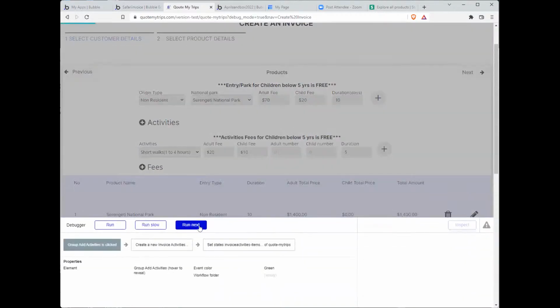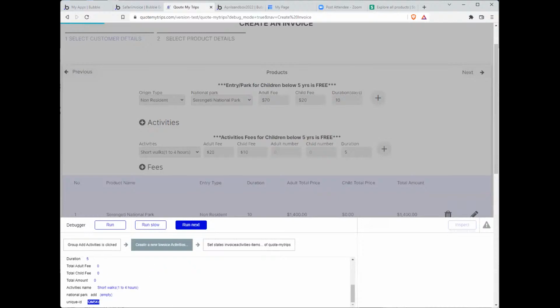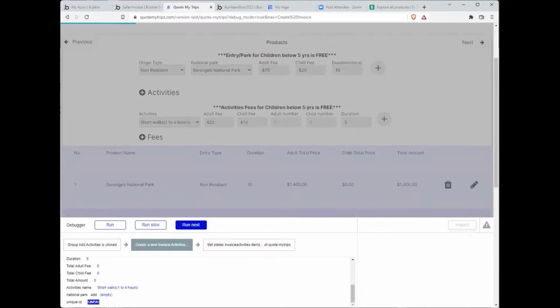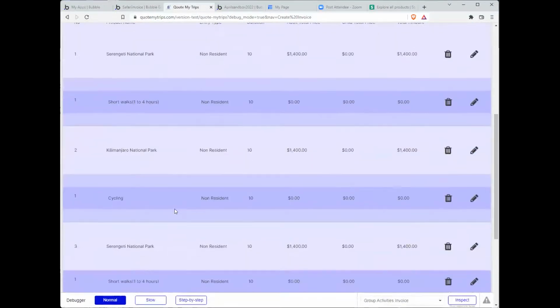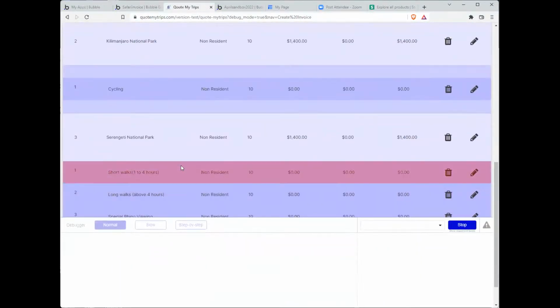We're going to click this plus button. And this code here was generated when we clicked this. So this park has this code, but so do all of the activities. They also have this code. And so what we're saying in this logic down here, if we inspect this repeating group,